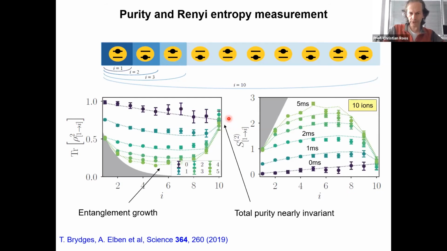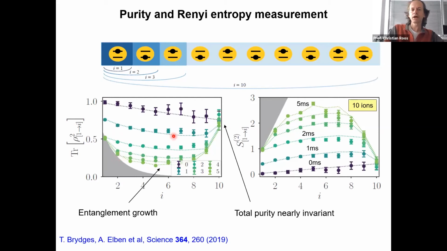Now, switching on the entangling interaction, you see that the purity of the total system hardly changes at all. And this is good because it tells us that the entangling interaction does not seem to introduce a lot of decoherence on the time scale of the experiment that we have looked at here. On the other hand, the purity of a single qubit, for example, drops dramatically within a very short time and becomes completely mixed. The same goes for the purity of pairs of neighboring qubits that you can see here, which also become nearly